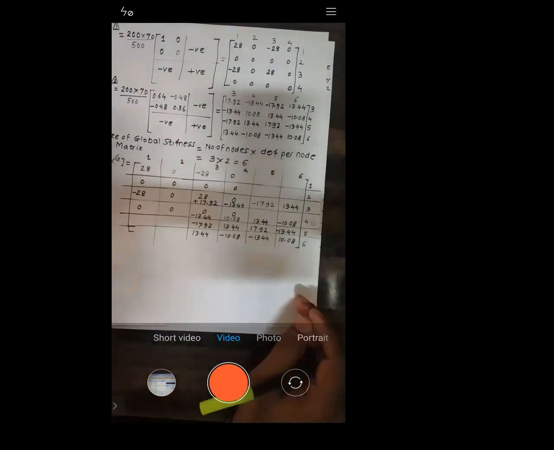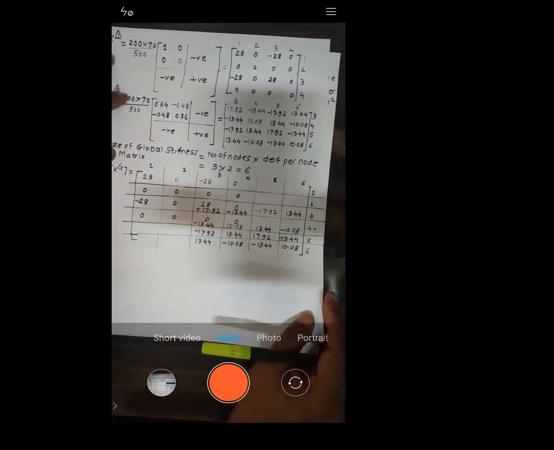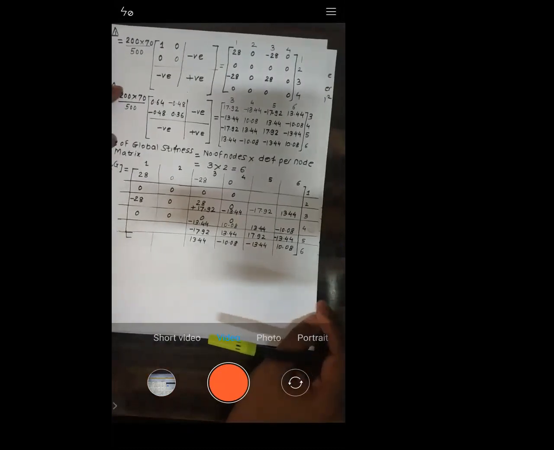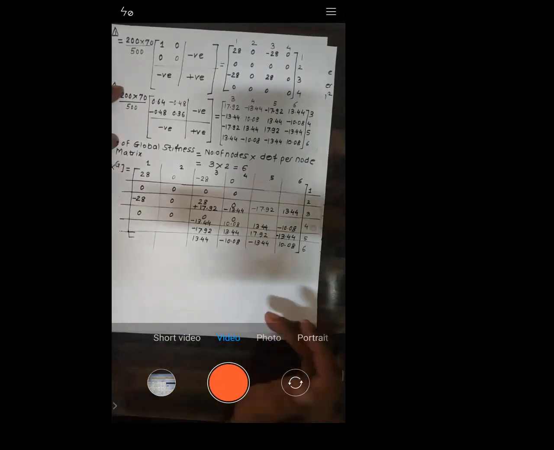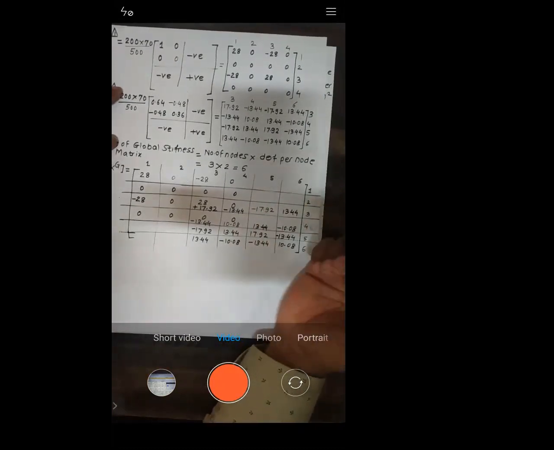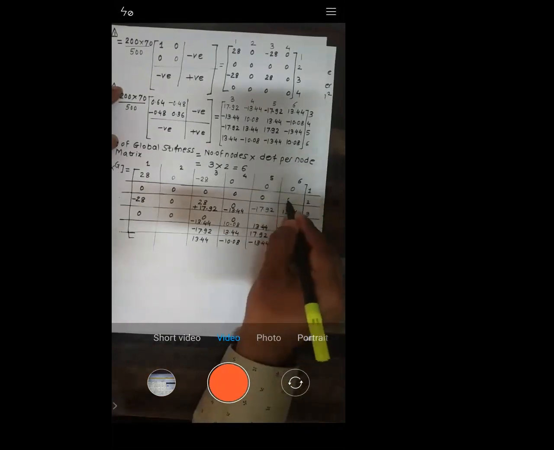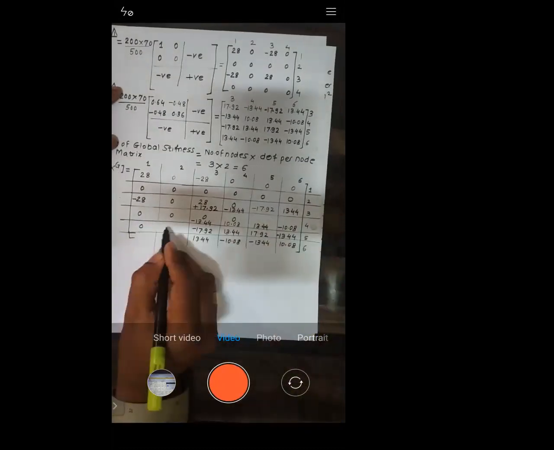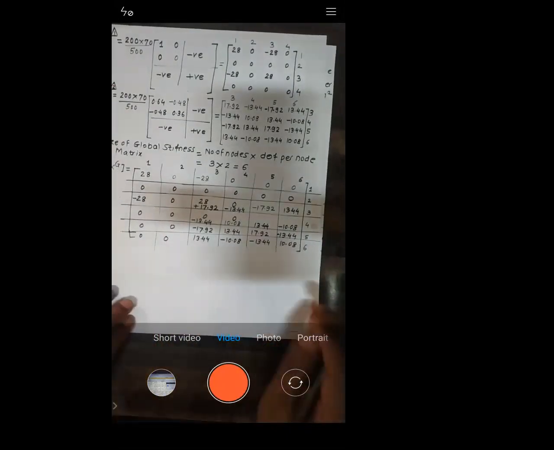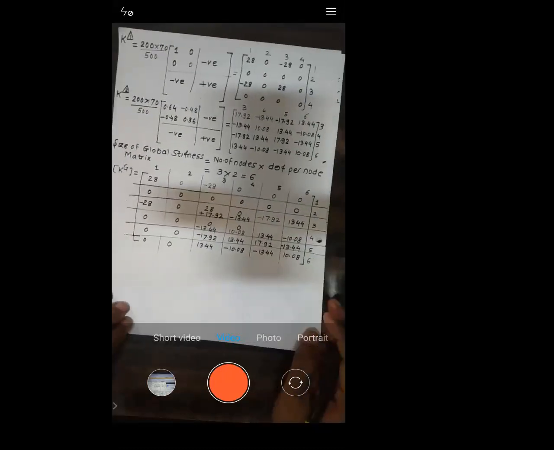So this is how you form it, right? We have formed the global matrix by using the element stiffness matrices, right? Wherever you won't have any elements, there you can put the zero value, right? So I'll put here 0, this is 0 again, this is 0, this is 0, right? This is 0, 0, 0, 0. So I'll put the value 0 there. Is it okay? Yes or no? Is it okay or not? Let me clear.